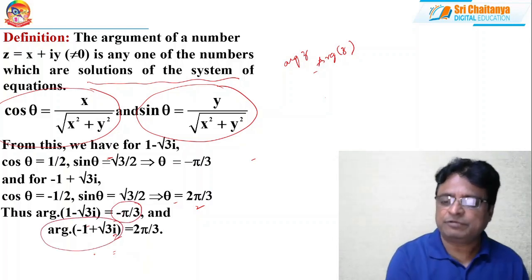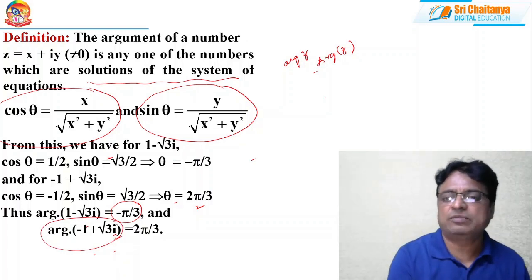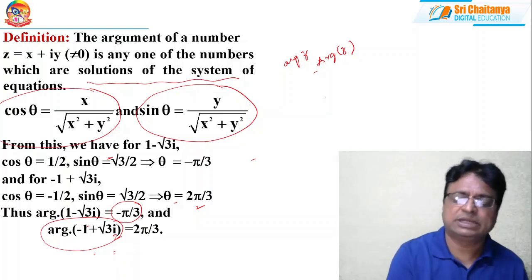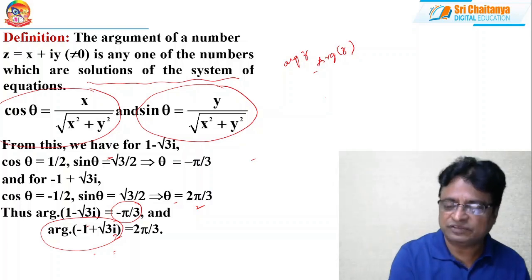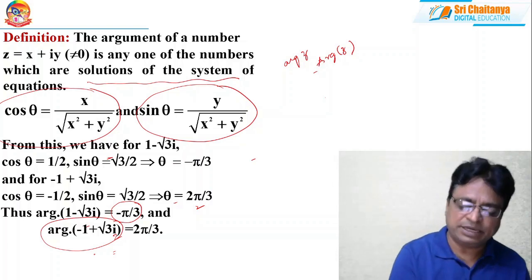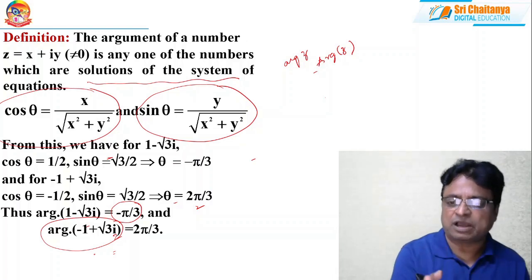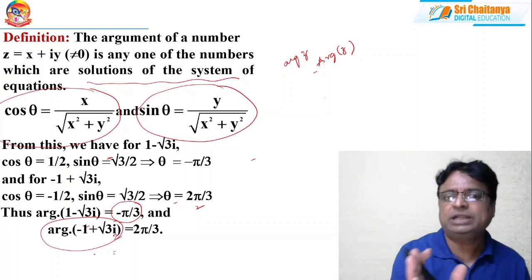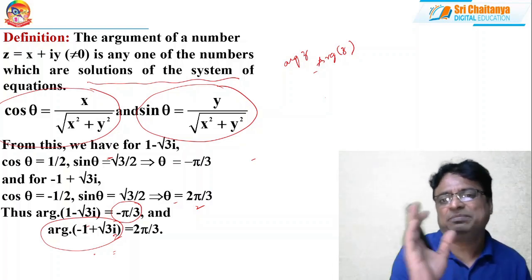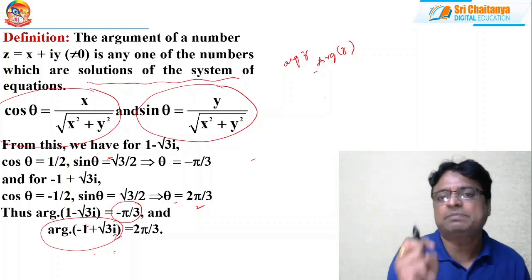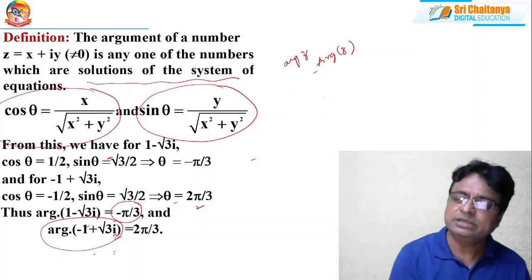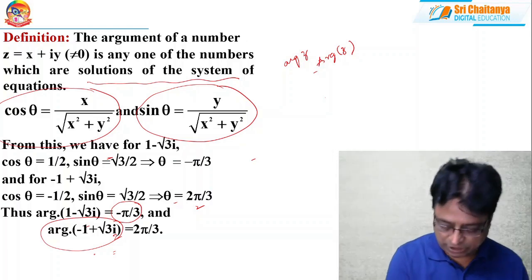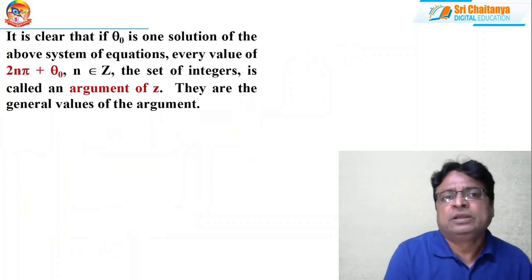If you are thorough with finding the argument of complex numbers, then the complex numbers chapter is nothing for you. Everything is at your fingertips. And simultaneously, with the help of the argument, if you are locating the complex number on the Argand plane, then you will get 100% clarity and confidence on complex numbers and their geometrical orientation.